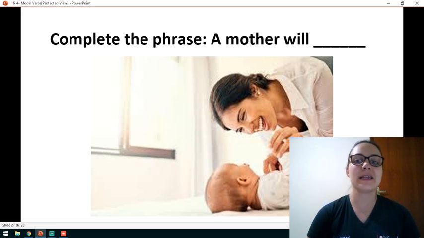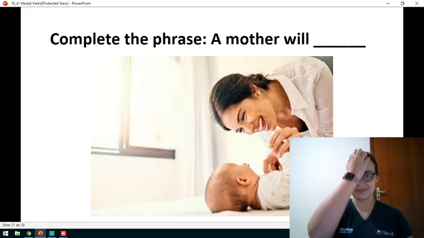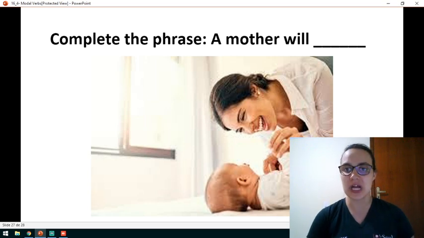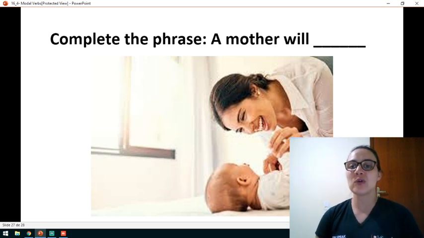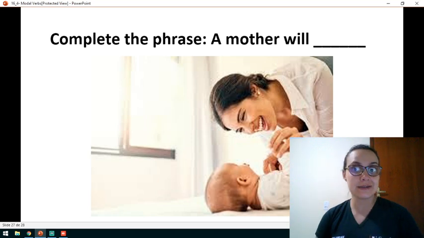For example, let's try to complete this phrase. A mother will... What is something that a mother will do? For example, a mother will always protect her child. A mother will help you when you are sad. A mother will